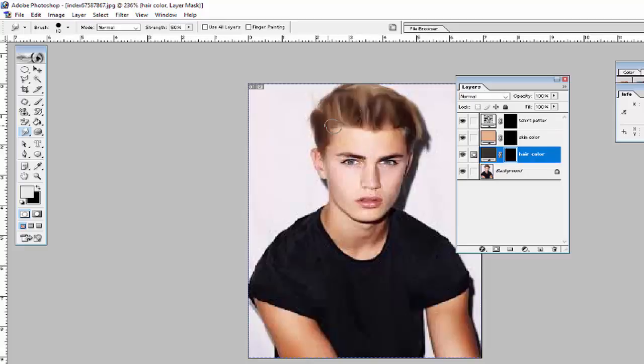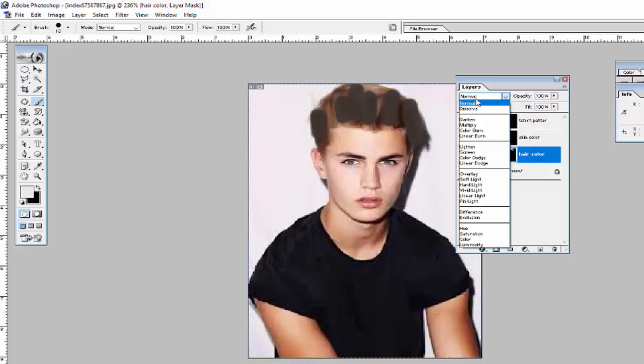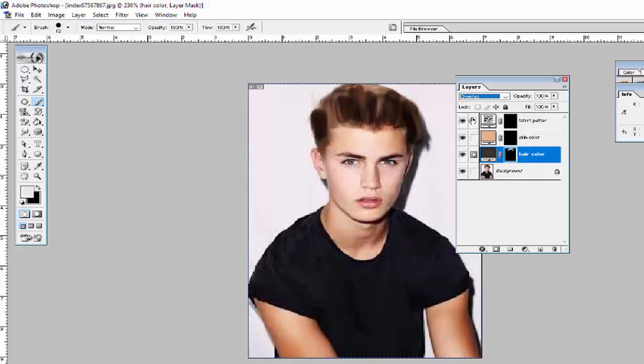So select the hair color and use the brush. Select the hair color layer, select the brush tool and then fill the color in here slightly like this, and then go to this mode and change the mode from here. So I think you understand. Fill some color here also. So I think you understand, and now fill the color in skin.